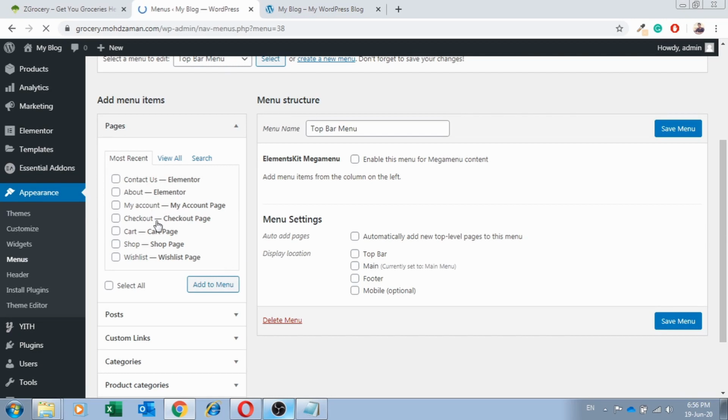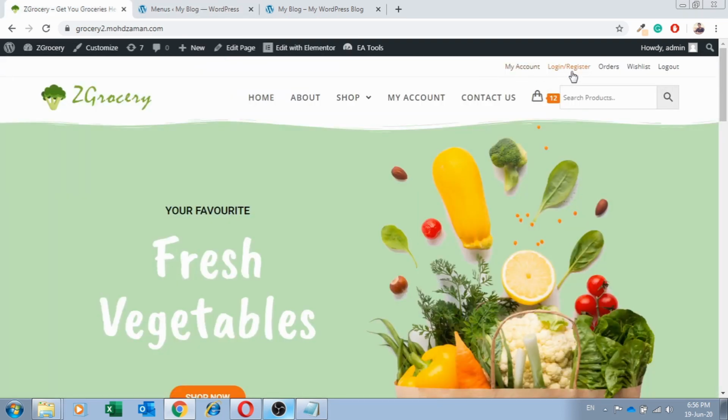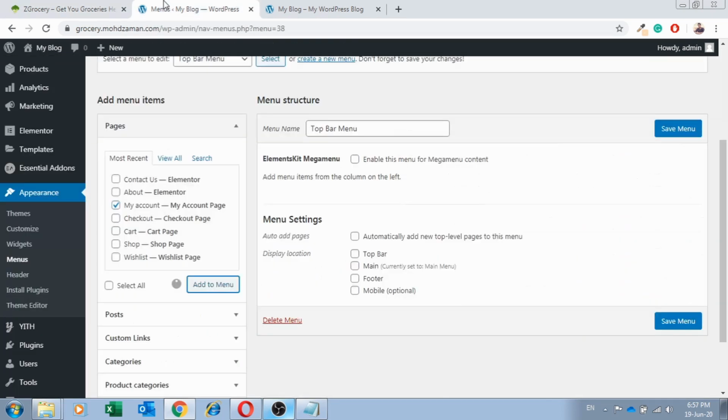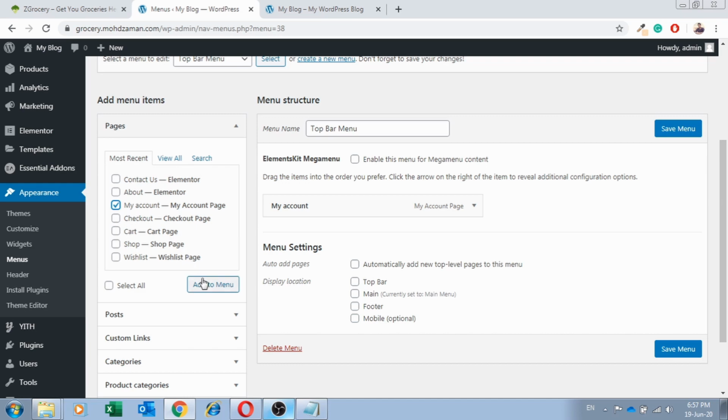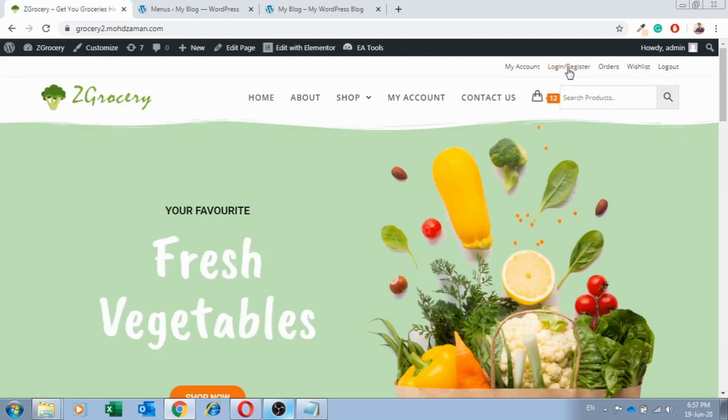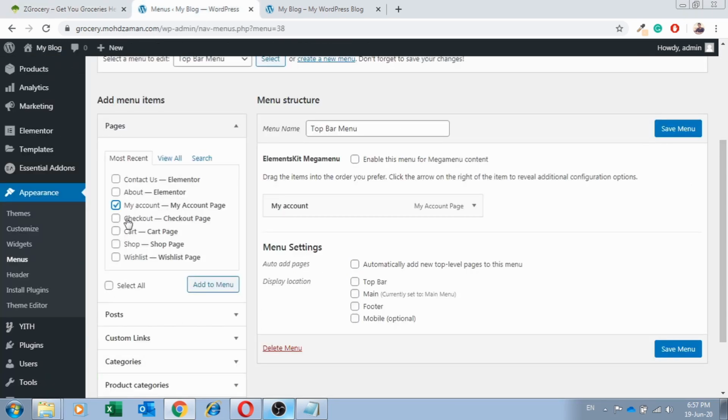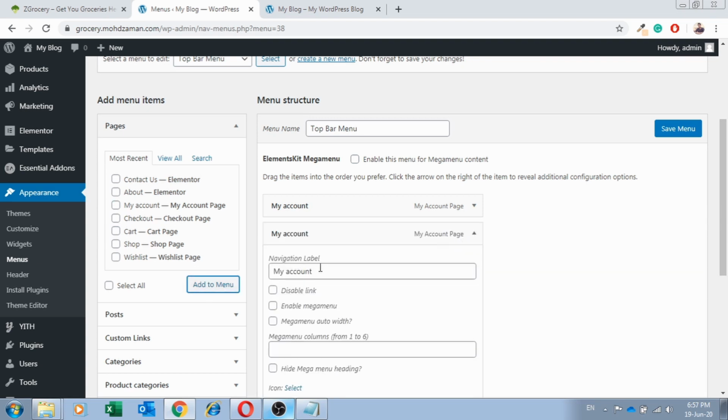And then we are going to add the pages that we want. So I'm going to add my account first because we have my account, and then we have login and register. For login and register, I'm going to again add my account because login and register is just my account page only. So I'm going to again add my account page, and then over here I'll edit the label and name it login/register,